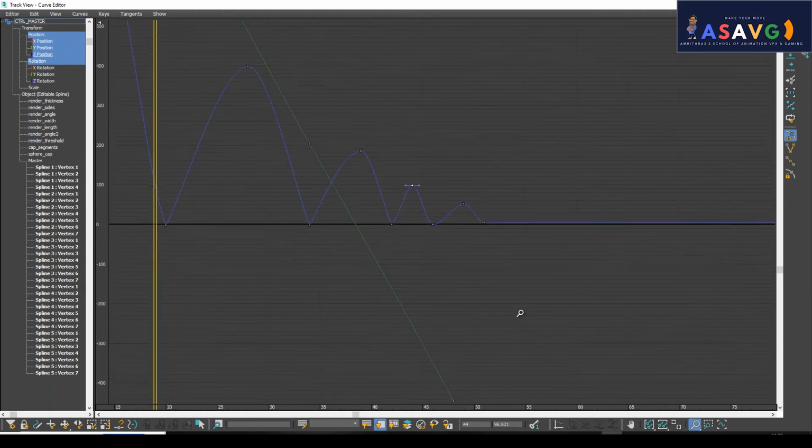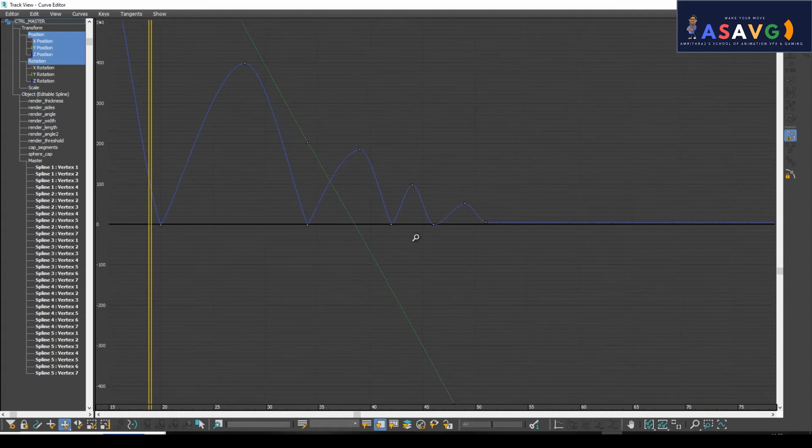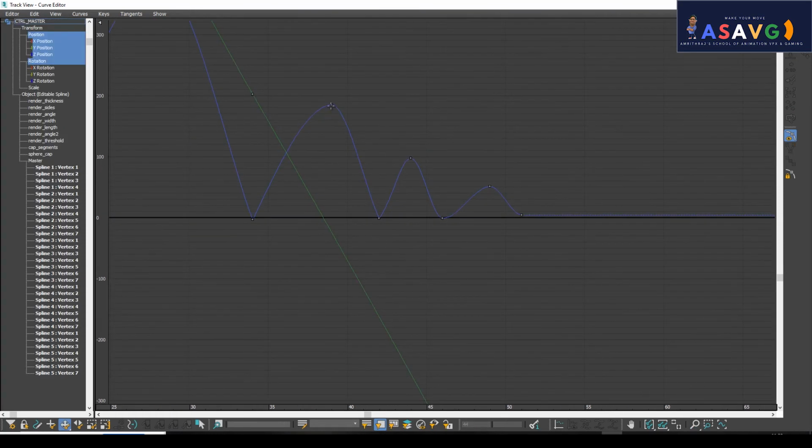Okay, so now we are finding something, right? Clicking once more and I am going to adjust this spacing. This is a spacing, right? This is what we call spacing. So I will click here and adjust the spacing. You can easily adjust the spacing.